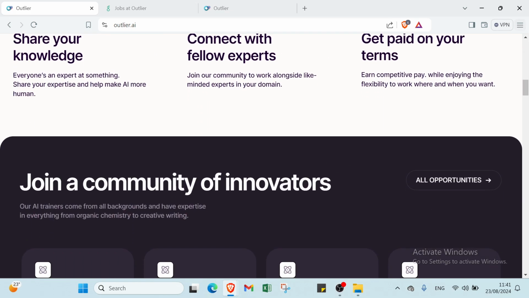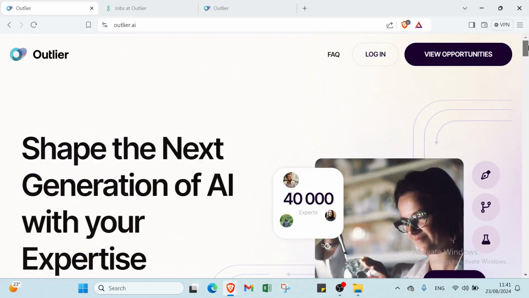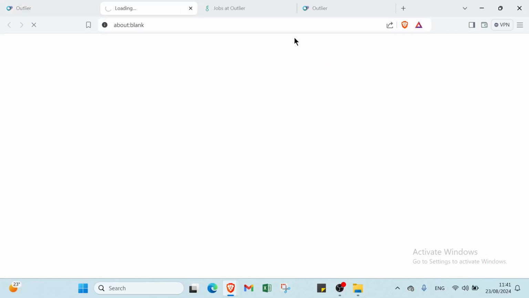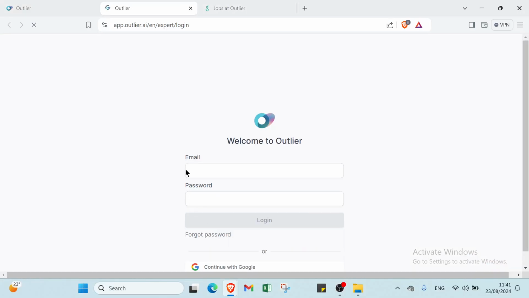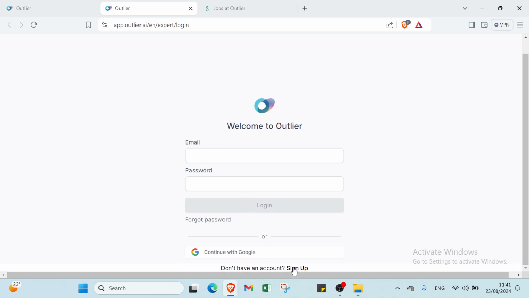So first of all, we have here how you can log in. So we click over login, and you have here your email address, your password, and then here you are. If you want to sign up, all you have to do is click over sign up and write your personal information and your email address, your code, then your